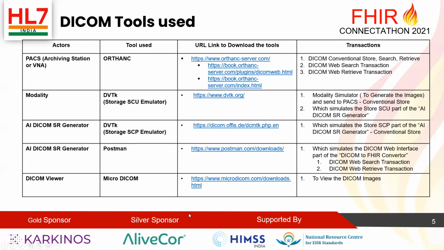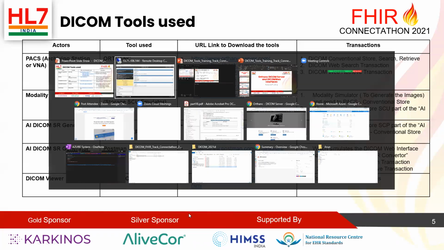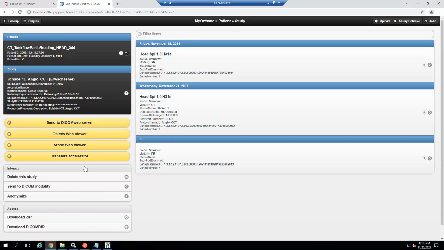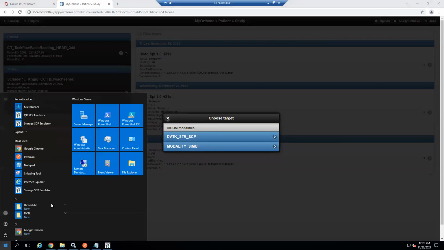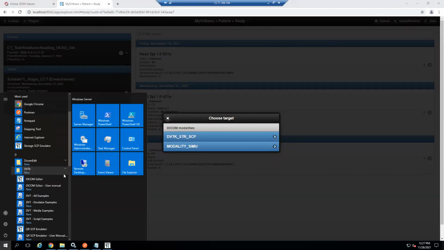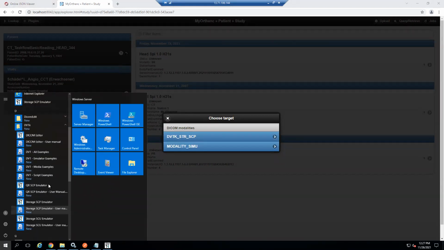So if you go to the Arthang, from the Arthang you can do the DICOM send also. For that there is a button called send to DICOM modalities. These are the modalities which are configured in the config file. I want to send it to the DVTK STR SCP. But I am not running that application, so I'll go and run it and show you.